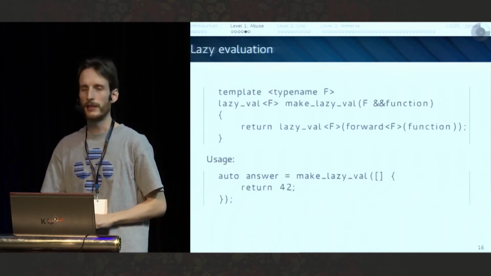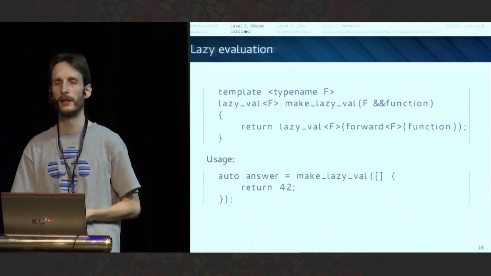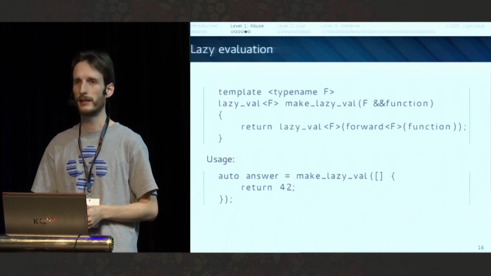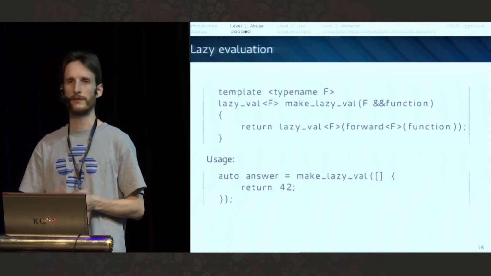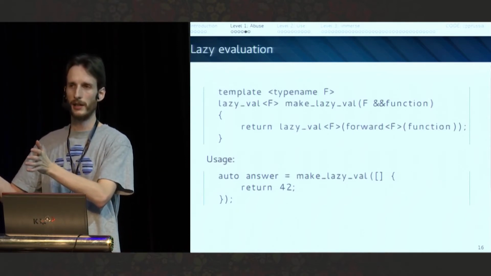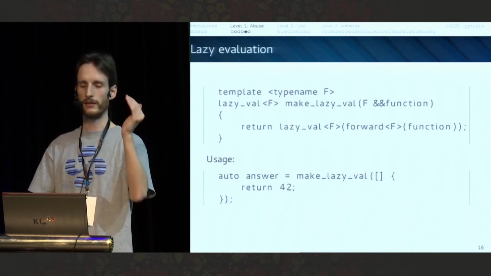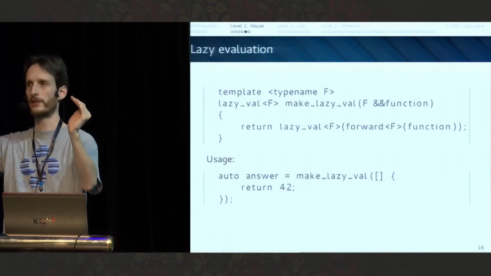Okay, since before C++17 we didn't have automatic template deduction based on constructors and stuff like that, we usually had to write factory functions so that we can trigger the automatic template deduction, and then we don't need to specify lazyval of the exact type of the function that we received.